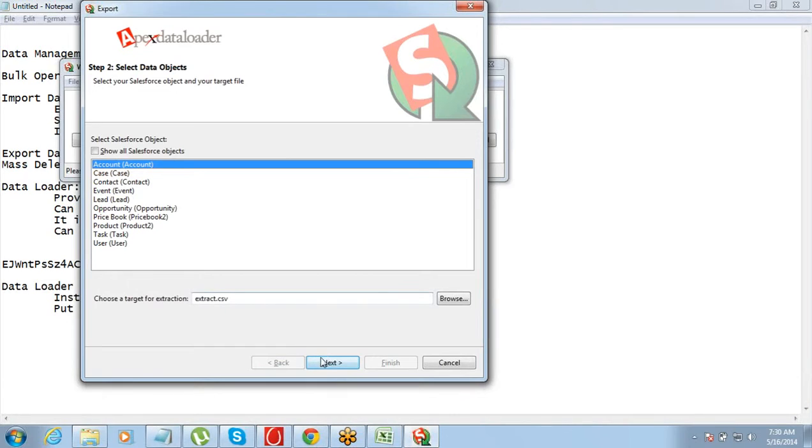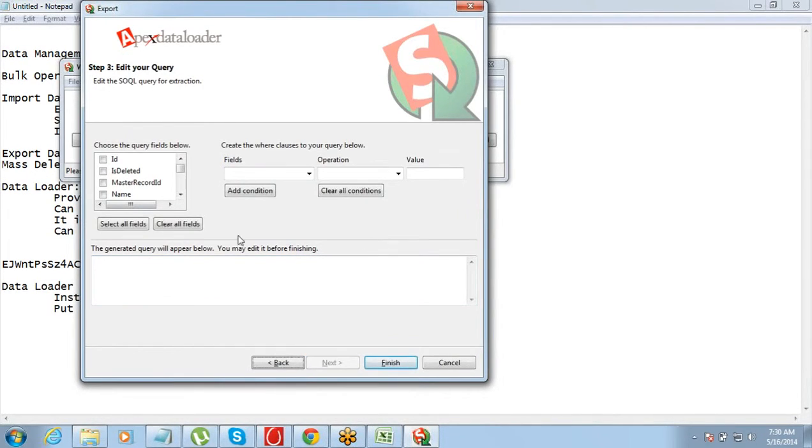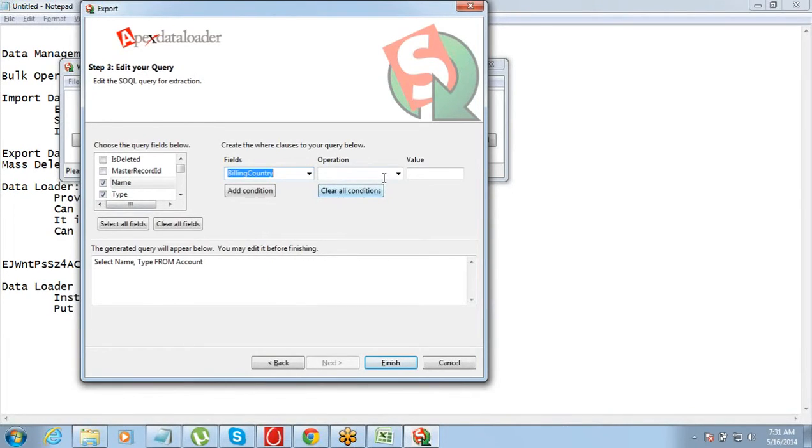So if you go to export and click on next, see here you have the option of selecting the fields. Query your data the way you want. Which fields you want to export? I just want to export the name field and the type field. I just want to export data where the billing country equals US.